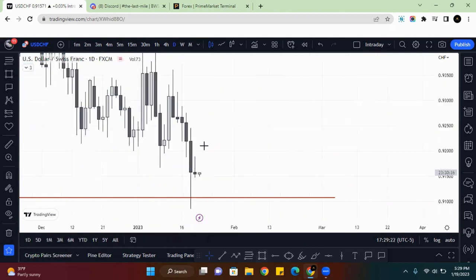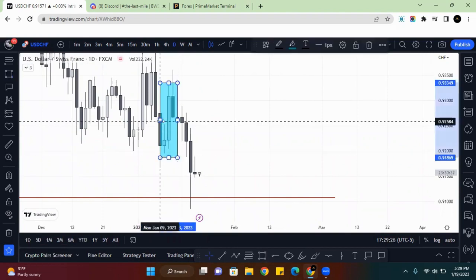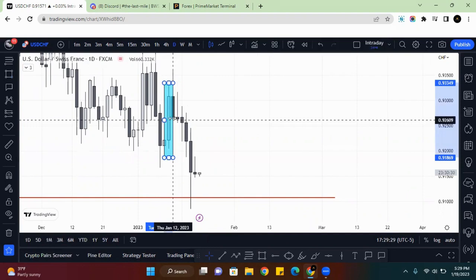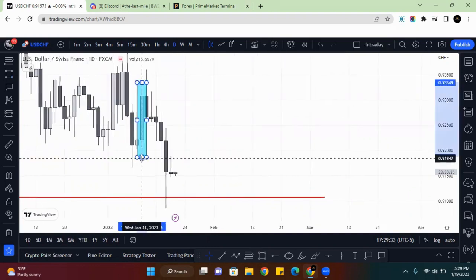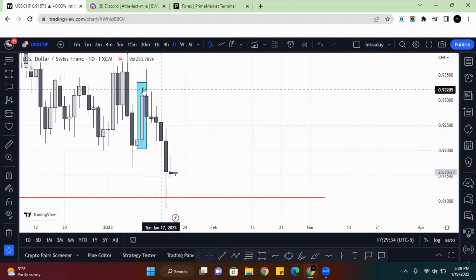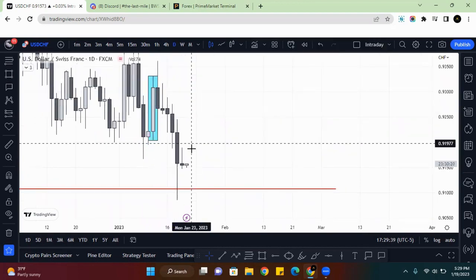So I'll actually highlight that just in case I want to reference it later. Highlight that individual candle. And yeah, we're going to keep that blue. Don't want it too large. If you put it too large, you won't be able to find it later. So we'll stay in that candle.